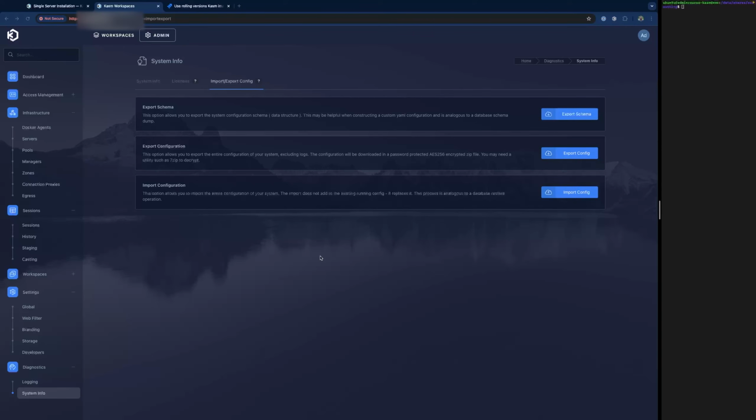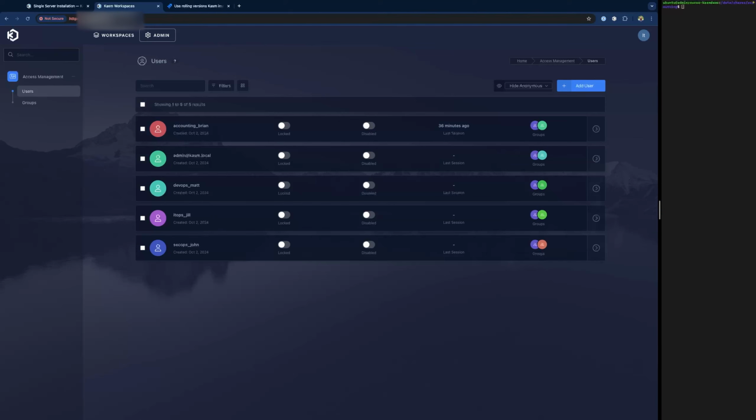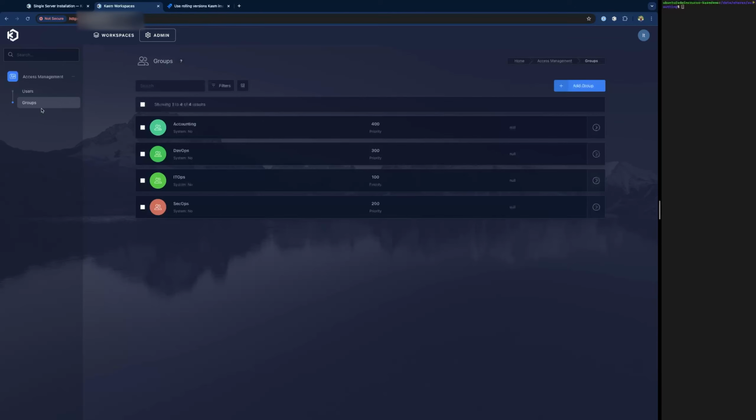Okay, from here, let's go ahead and log in as our various users and see their resulting workspaces. Okay, we're logged in as Jill, and you can see that for Jill, I do have access to the admin portion of the UI, and I only have access to the users and groups section as we configured it. Inside of groups, you will see that I have access to the groups that we've created, but I do not have access to the default all users group or the administrators group because I didn't add those settings.